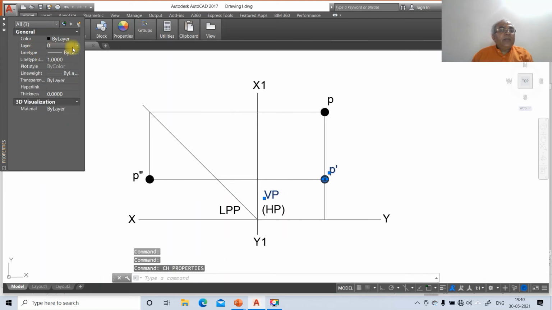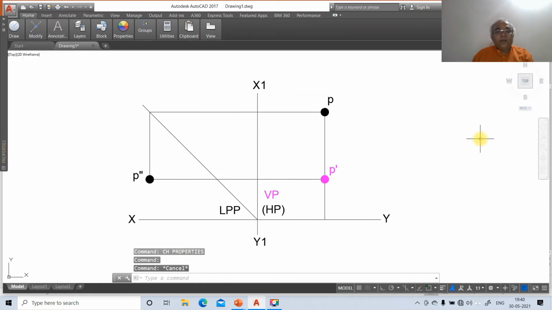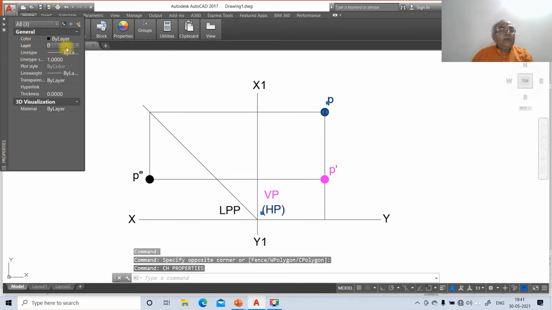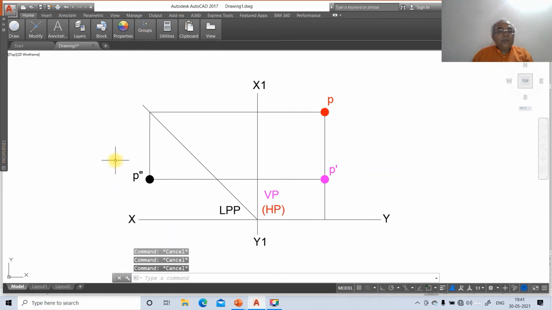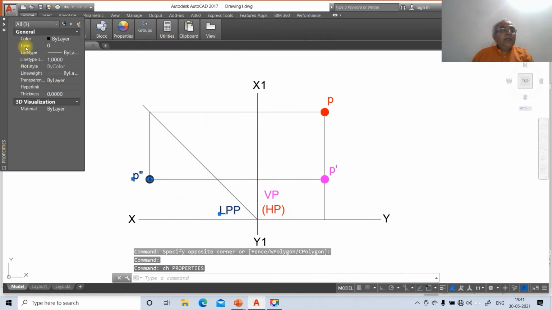So that layer has to be the front view. You select this and you select these two, go to CH, go to layer, and you mark that layer as top view. Then you select these two, then you select this, go to CH, then go to layer. So this is going to be the side view.